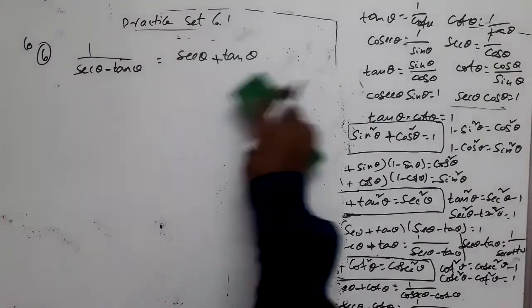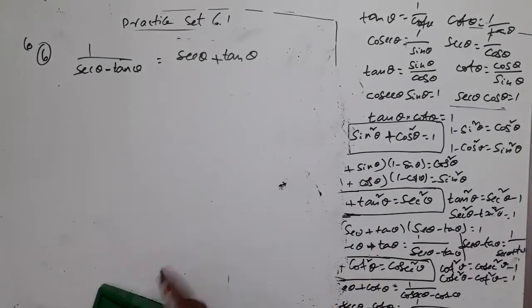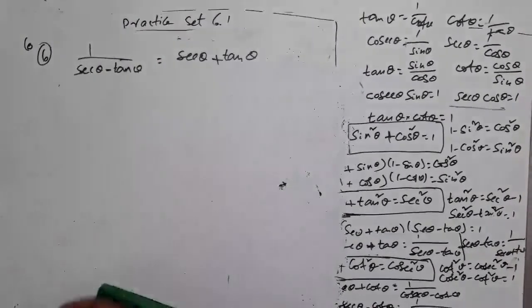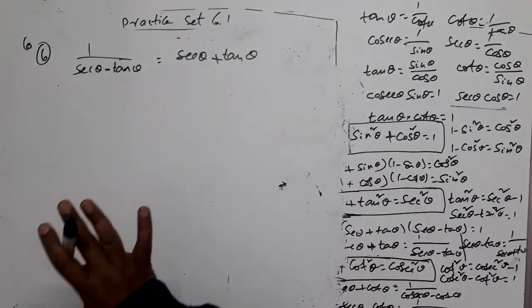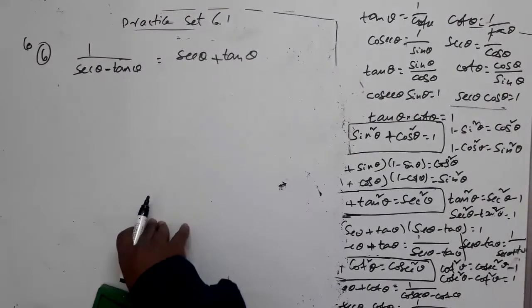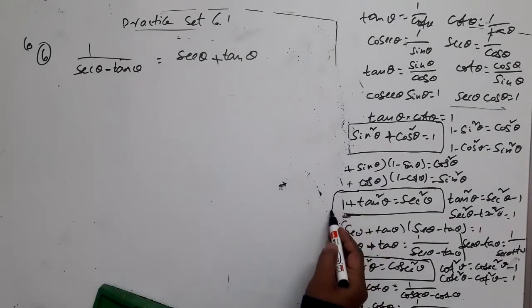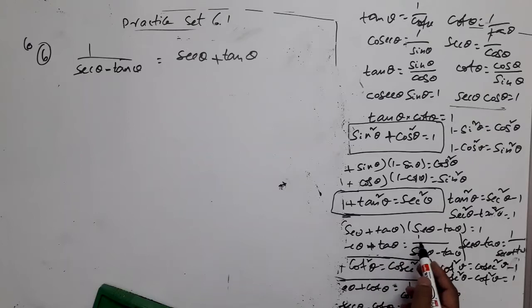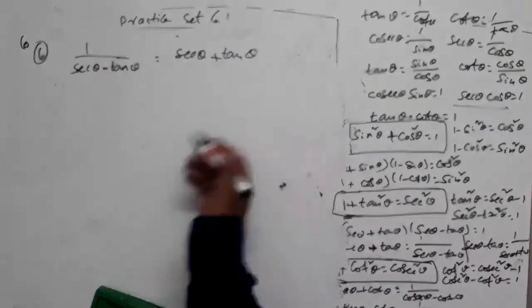Yes, already we have discussed it earlier in one of the questions while solving, right? On seeing expressions secant theta plus tan theta or secant theta minus tan theta, you get the idea that these are familiar to us. Where have you found them? Yes, in the second identity, we know that 1 plus tan square theta is secant square theta. All these relations we can have. Secant theta plus tan theta can be written as 1 by secant theta minus tan theta and so on. Directly this one. Of course, let us